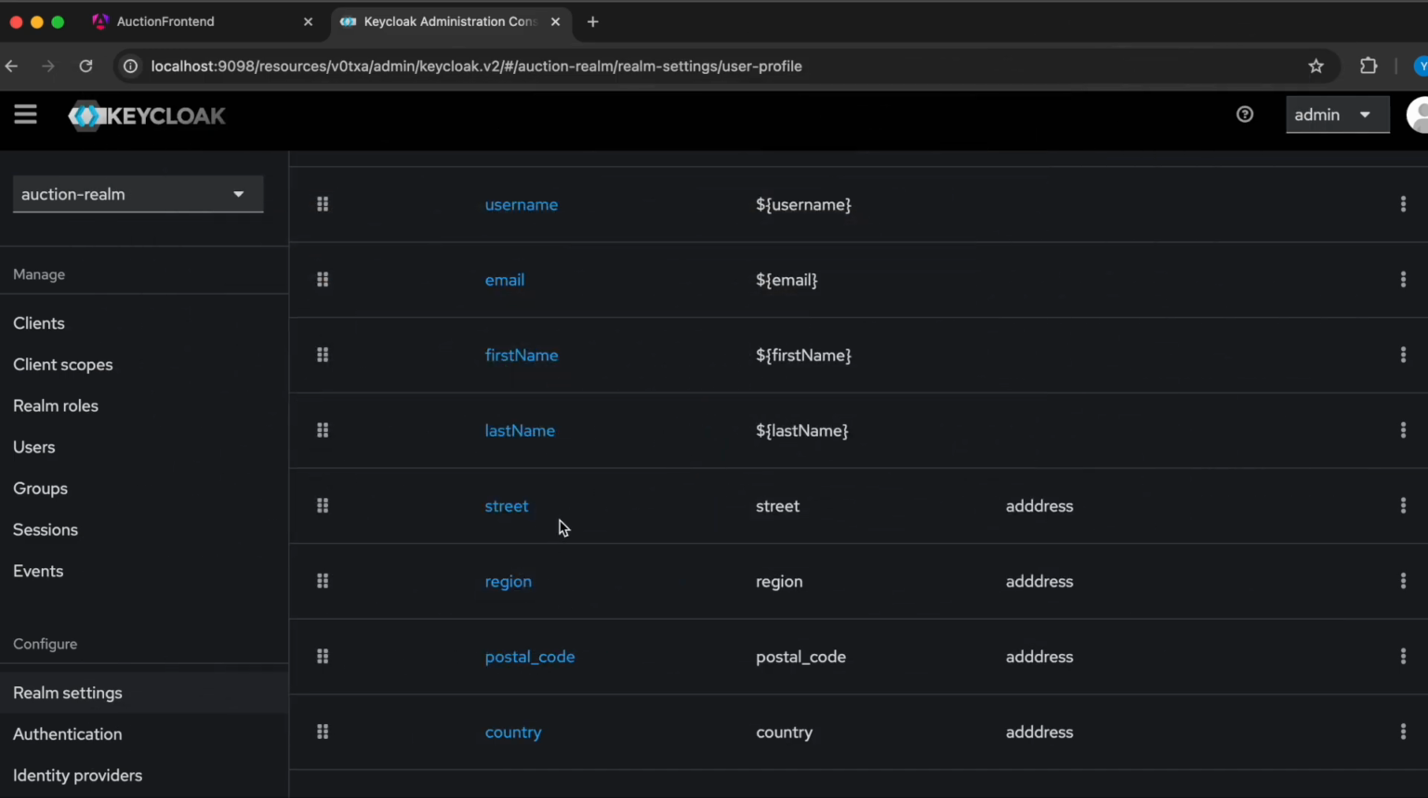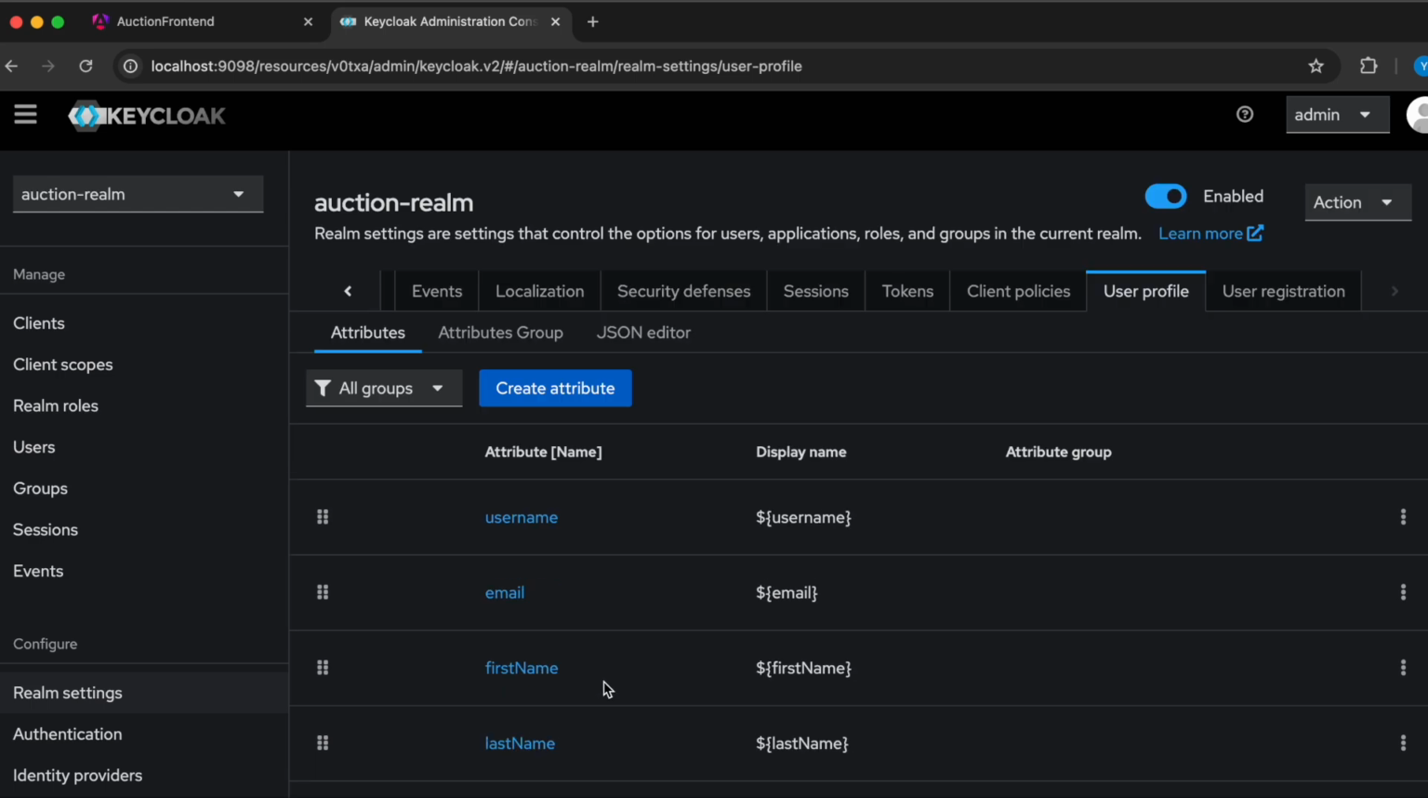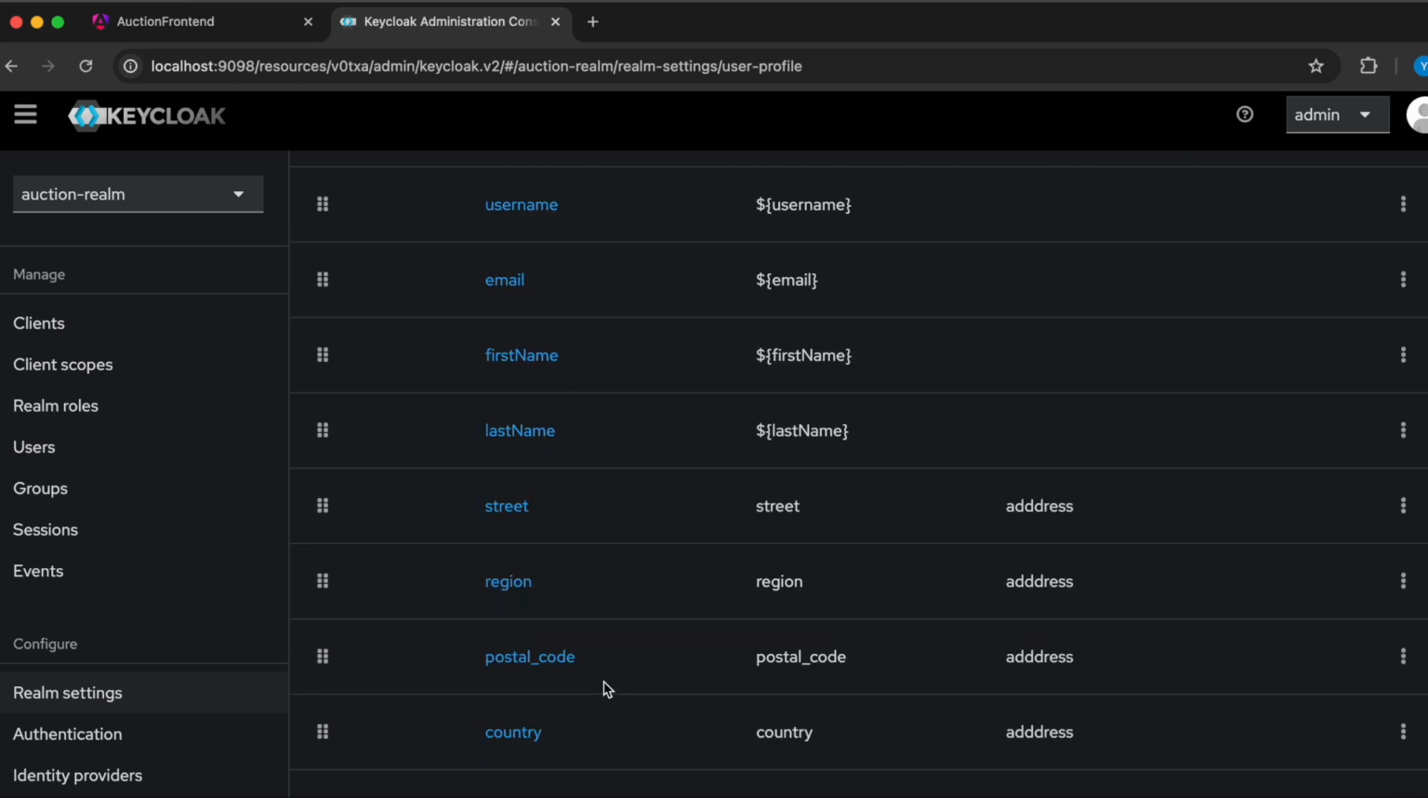So the street is basically the first line of address, and then the region, postal, and then country. I can't think of anything else. But that is how I got that through. So that means that if you enable